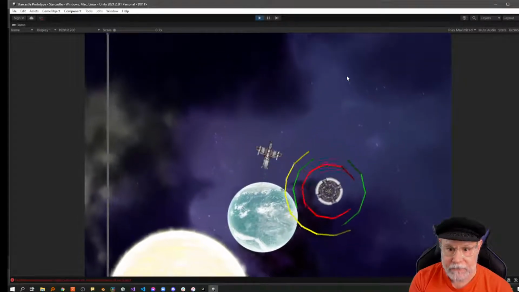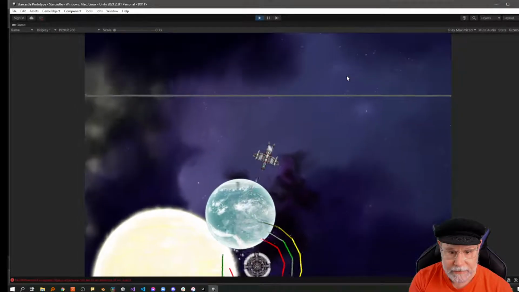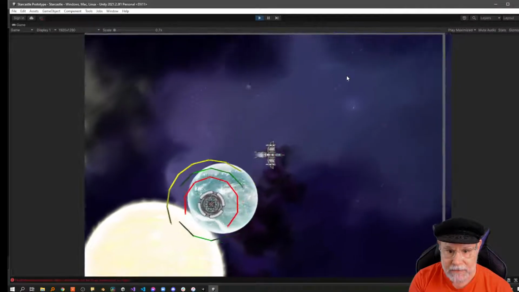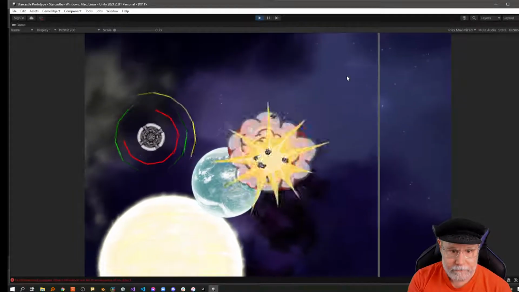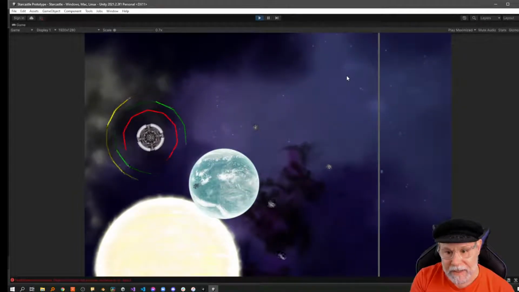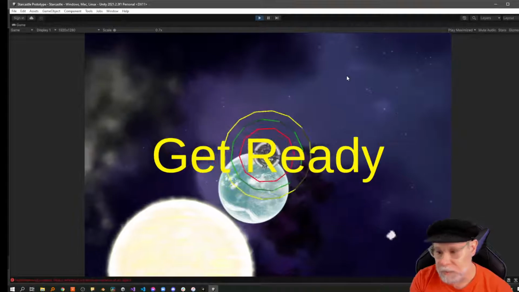Oh, I've got a hole. If I can just get some shots through it. Boom. Oh, the other thing, I made this sort of a cross between Star Castle